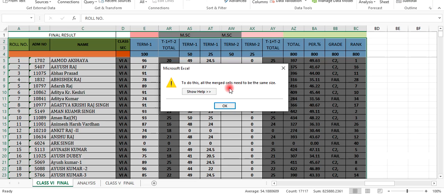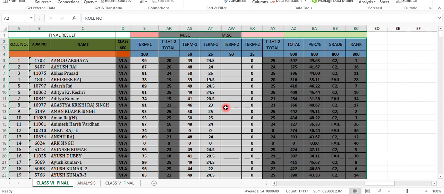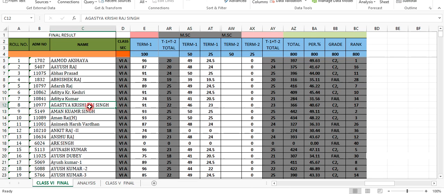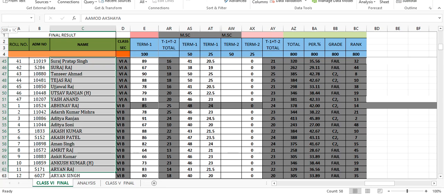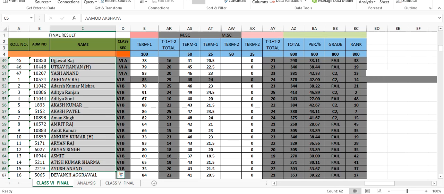Do not merge. This error message comes up. We are going to do this by selecting the names, and after that we click on the sort.